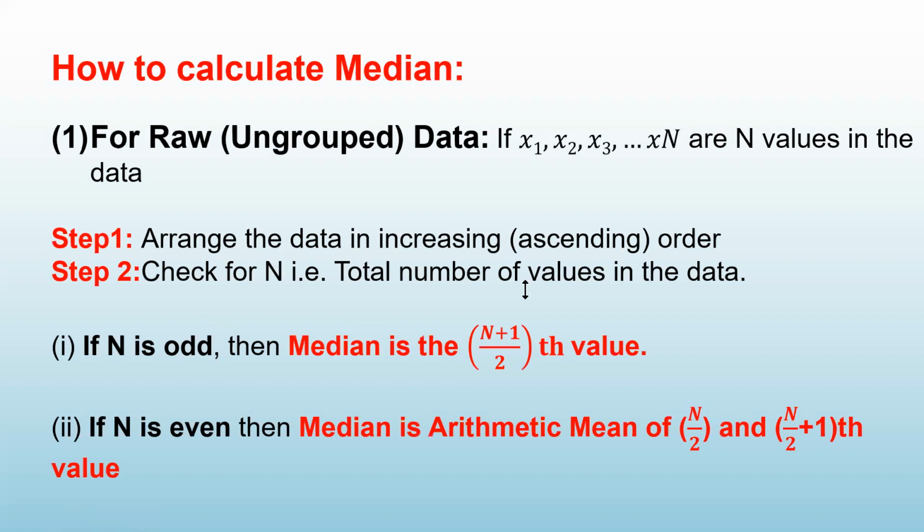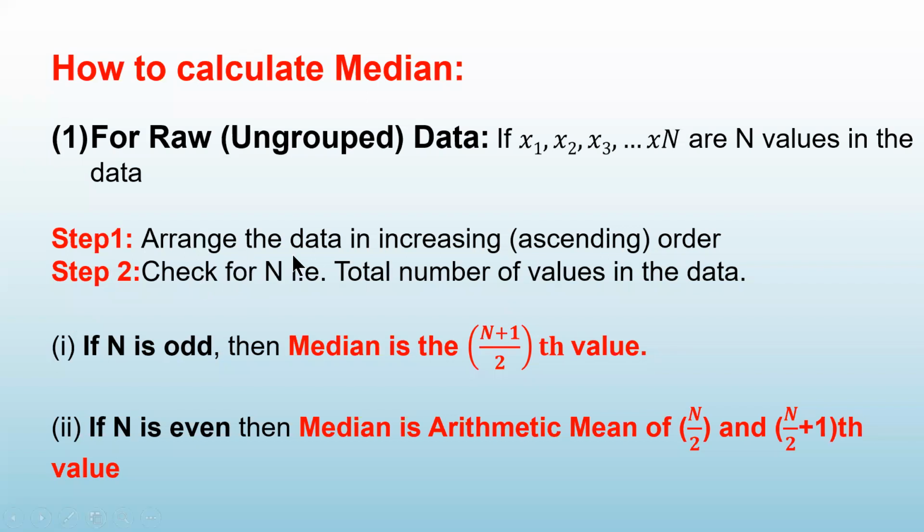Now we have seen how to find out the median for the grouped data. Yesterday we have solved the problems also. Grouped data, ungrouped data. Ungrouped data means the data is written one after the other and you are not having a table. So what will you do? To calculate the median, you have to follow these two steps. First, you have to arrange the data in order. And in the second one, you have to calculate which number will come in the middle.